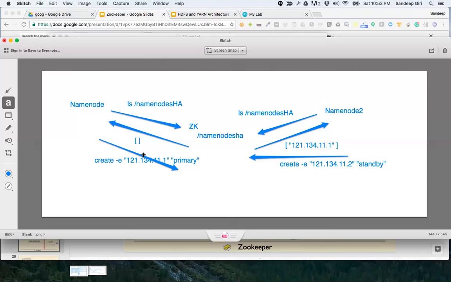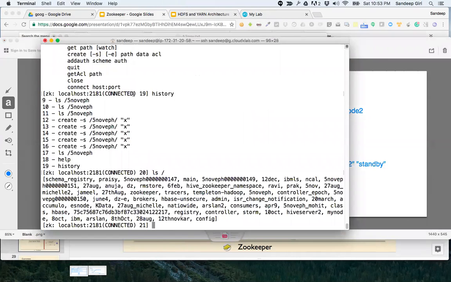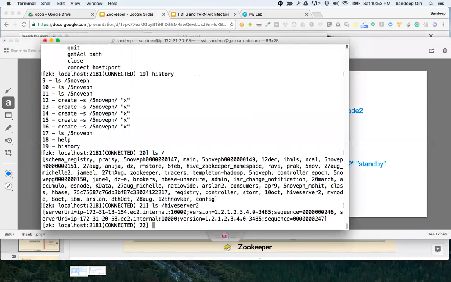Yeah, we can have random data. That's not a problem. But this is something that everybody has agreed. I'll show you in a similar way. Let's say we have Kafka or Hive server. You can see there are two server URIs here. There are two Hive servers right now, and the requests keep on switching between the two. If one server goes down, you can take a look at it. This is real data.